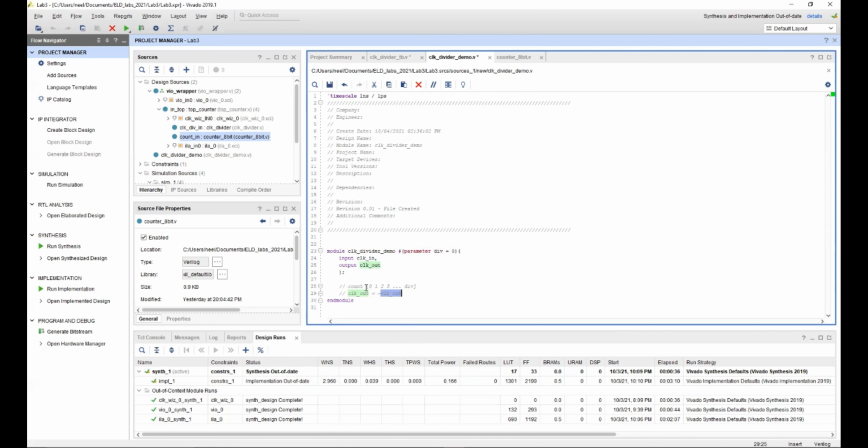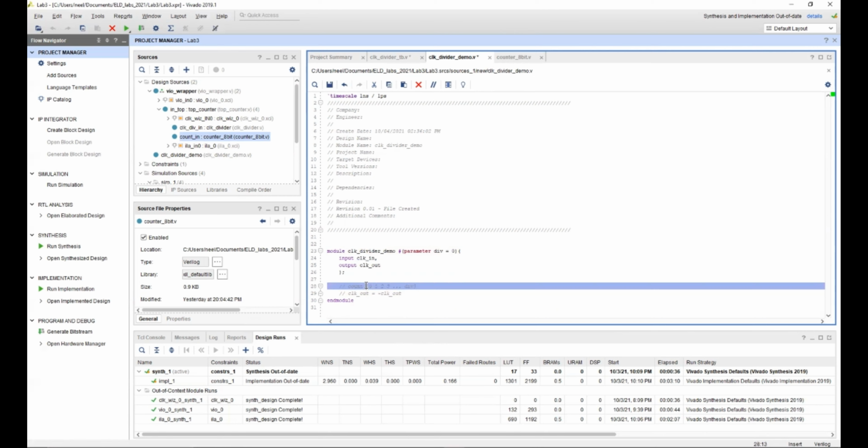Now how is the count incrementing? Because the rate of incrementation is important over here. We are incrementing it at every single passage of clock in. So the frequency of this count is 10 to the power 8, because the frequency of the clock in is 10 to the power 8 as well.